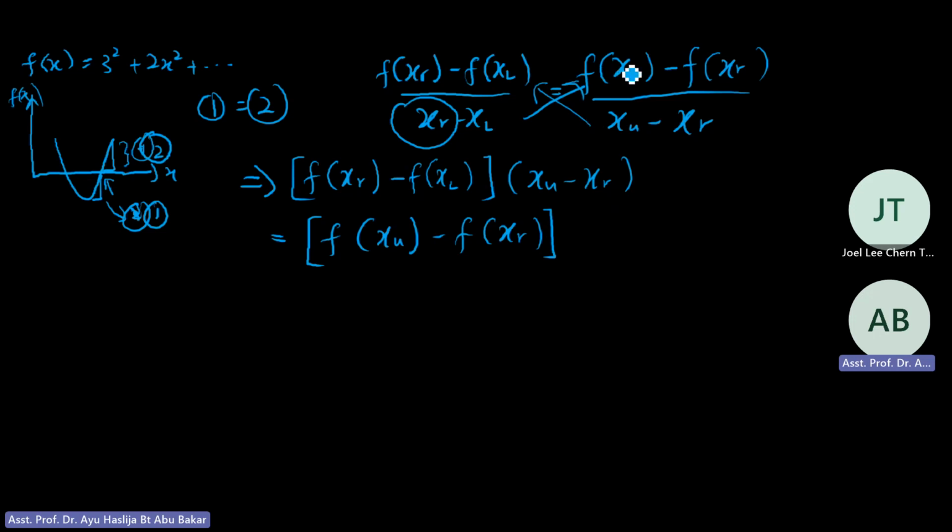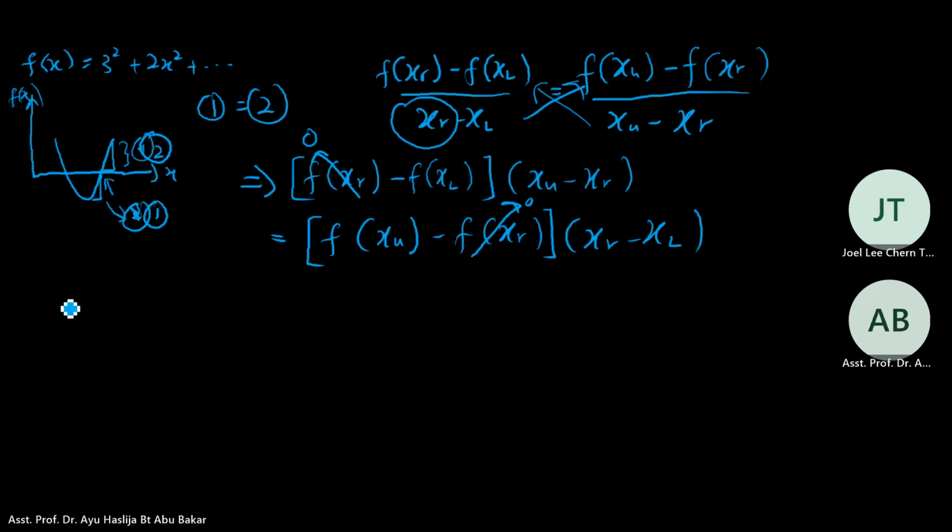Multiply, okay, this side, multiply this. Okay, so we move and we rearrange the equation. Now from here, f(xr) is 0. Right, f(xr) is 0. So we cancel out those f(xr), 0. Now from here, you will get